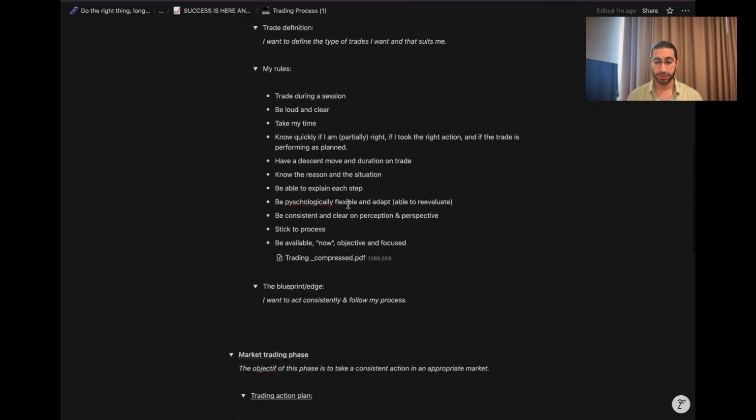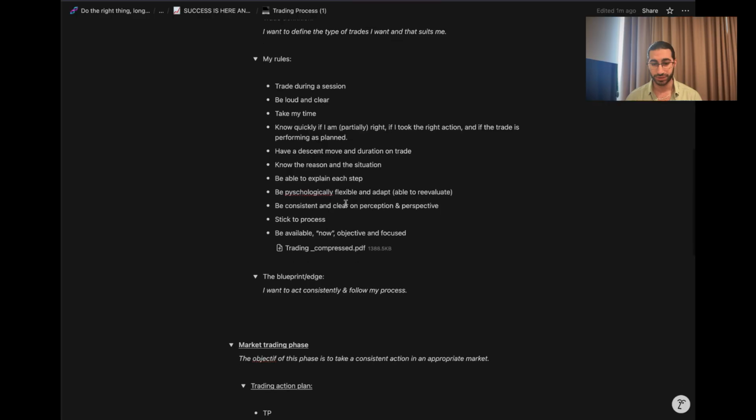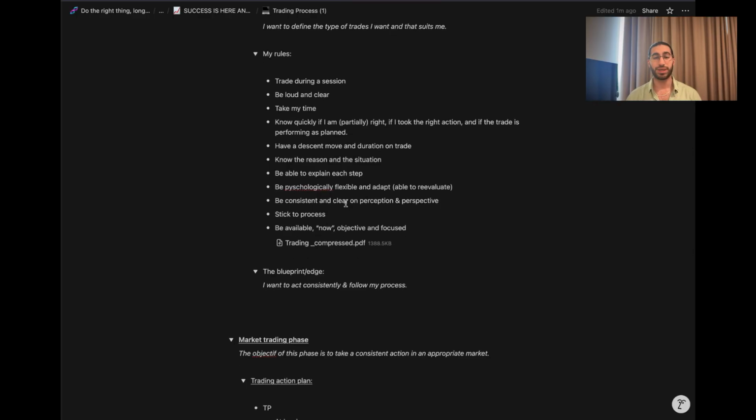And then here are the rules I was talking about previously. So trade during a session, that's super important. You don't trade outside of session because there is no volatility, there is no movement. And even if there is a movement, you don't really want to be there because this movement won't necessarily have a purpose or someone behind it, right? So you want to trade when the market is active, when the market is volatile, and when the market moves have people behind it. It has purpose, it has a reason, it's logical, right? So trade during a session or at market open.